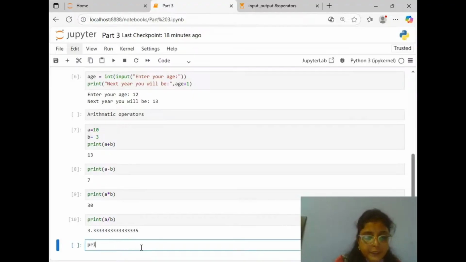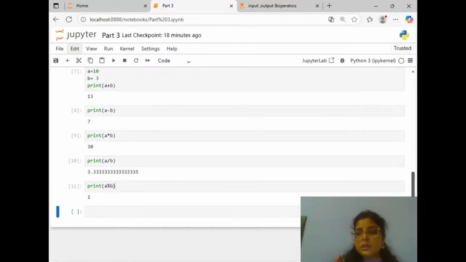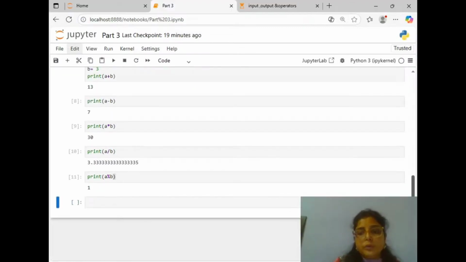So print A modulo B. Here modulus shows the remainder, means the remainder is the output.